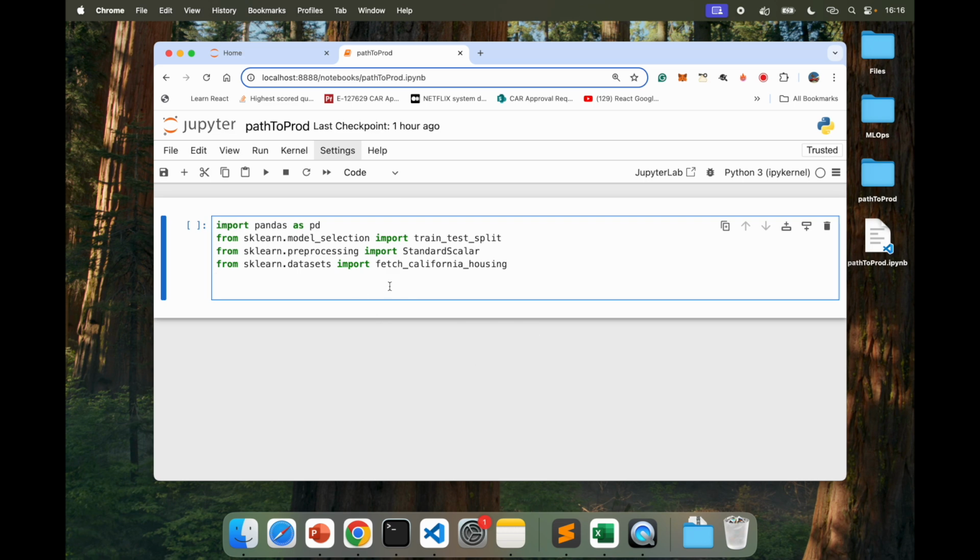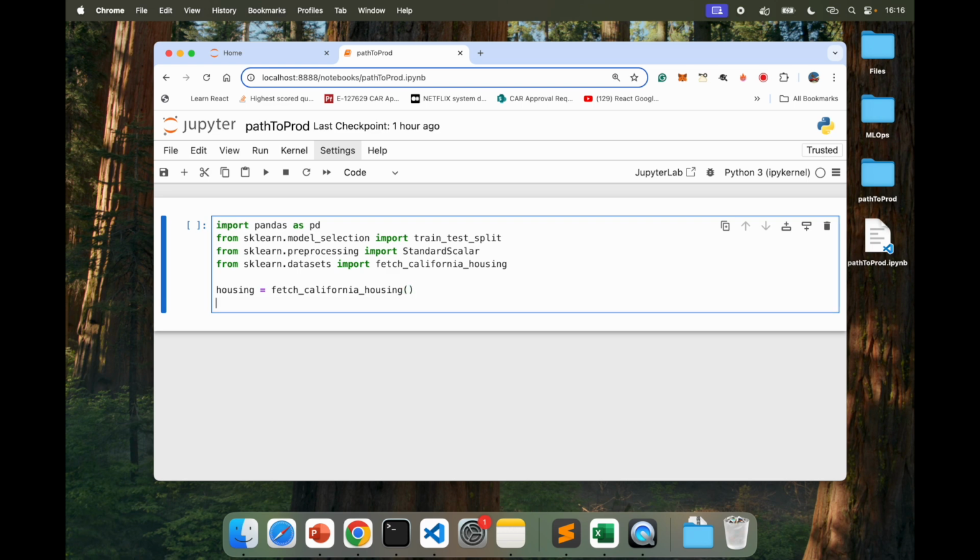Next thing that I want to do is load the California housing dataset. So we have the libraries imported, but we have not yet loaded the data. So for that, I am going to create a variable housing equal to fetch California underscore housing. What this does is this fetches the California housing dataset. The dataset is loaded as a dictionary-like object with attributes such as data, which are features, and target, which are like house prices. Now I'll take that data, pd dot